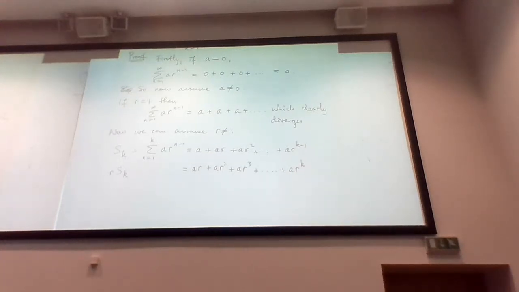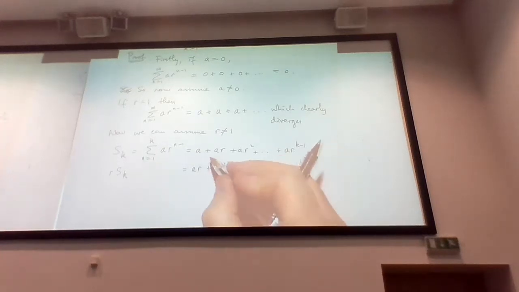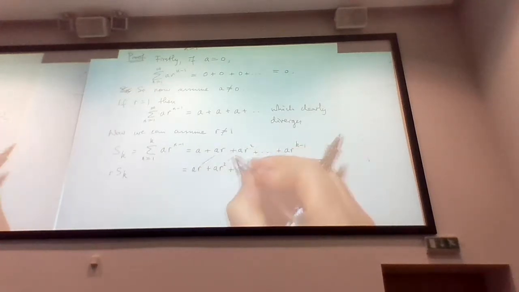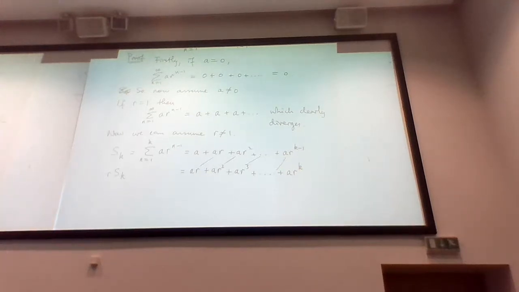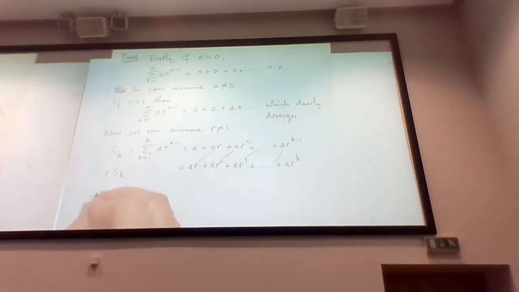Now those two series, just the partial sum S_k and the partial sum multiplied by r, look extremely similar. They're almost identical. These two terms are the same, these two terms are the same, that term and that term are the same all the time, and then this term here is the same as the penultimate one down here. So when you subtract them, you look at S_k minus r S_k, everything cancels except for this initial a up here